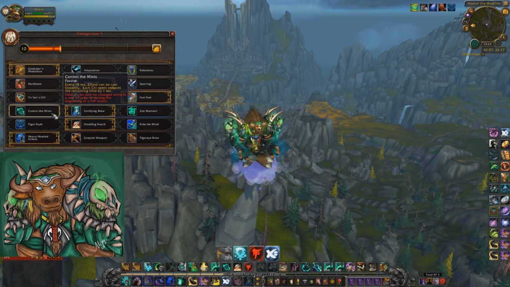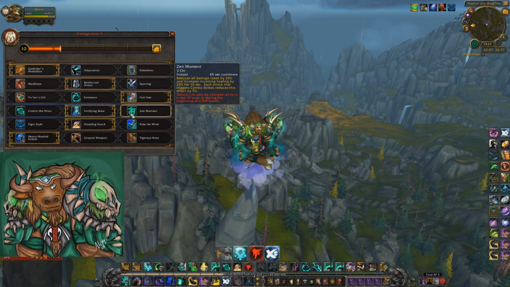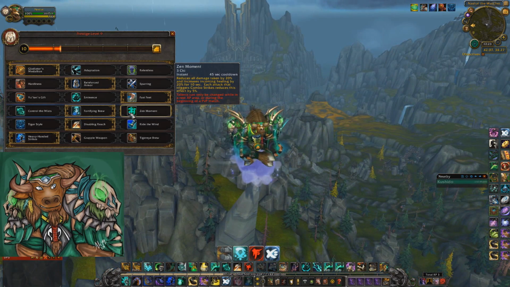For the next tier, Control the Mist. It does not remove the cost of a Fuse, which means you'll be energy starved. A Fuse heals for a terrible 150,000 amount, so it's overall not very valuable. Just ignore this talent. Zen Moment, it would be godly, it would be amazing, but the one effect that they